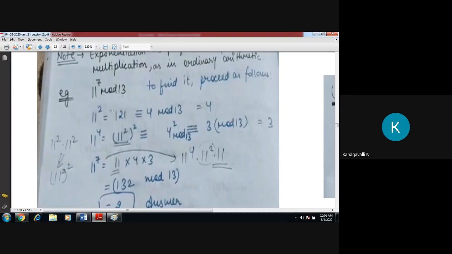Take the value of odd terms or even terms, that is your priority. That is not a fixed procedure, right? You just take the addition of our power, right? So I am just taking here that 7. First, it is the easiest way, right? What is the value of 11 into 11? 121. So it is congruent to just take 121 mod 13. What is my answer? 121 mod 13.